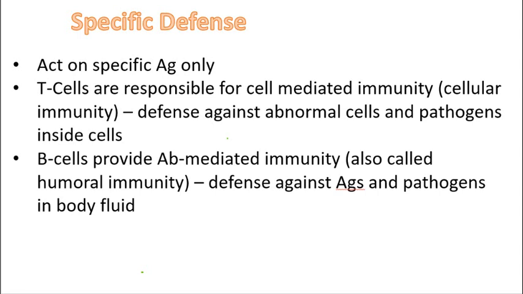And then you have B cells that provide antibody-mediated immunity, also called humoral immunity, defending against antigens and pathogens by producing antibodies that bind to the specific antigens and initiate the defense system